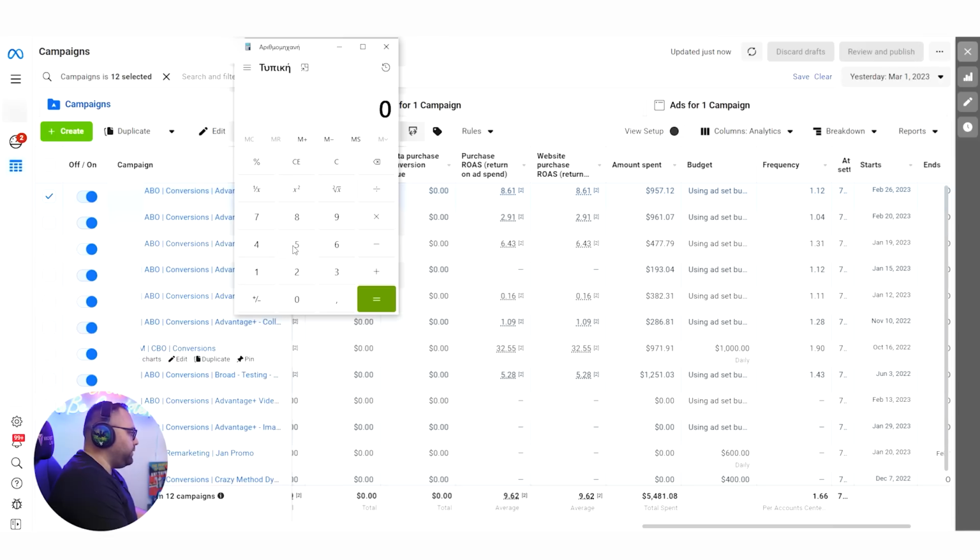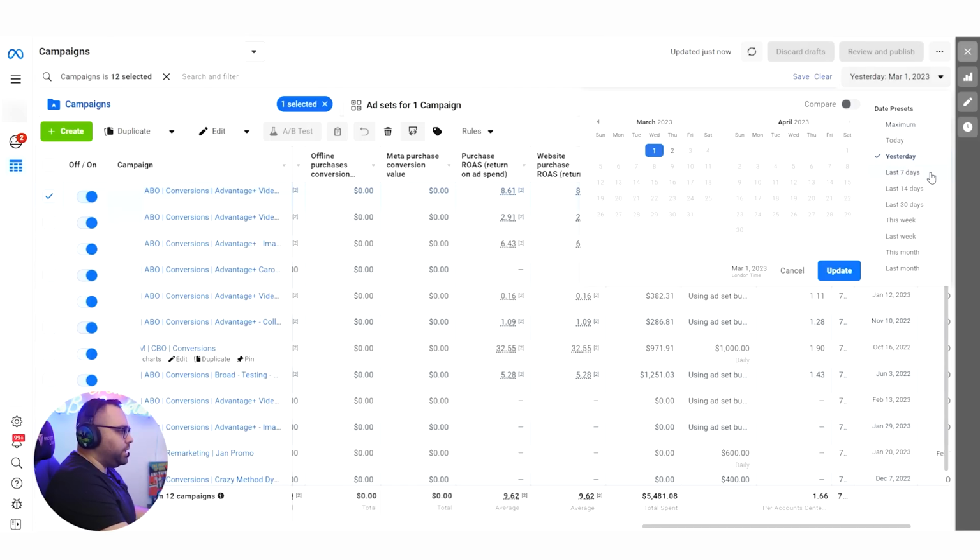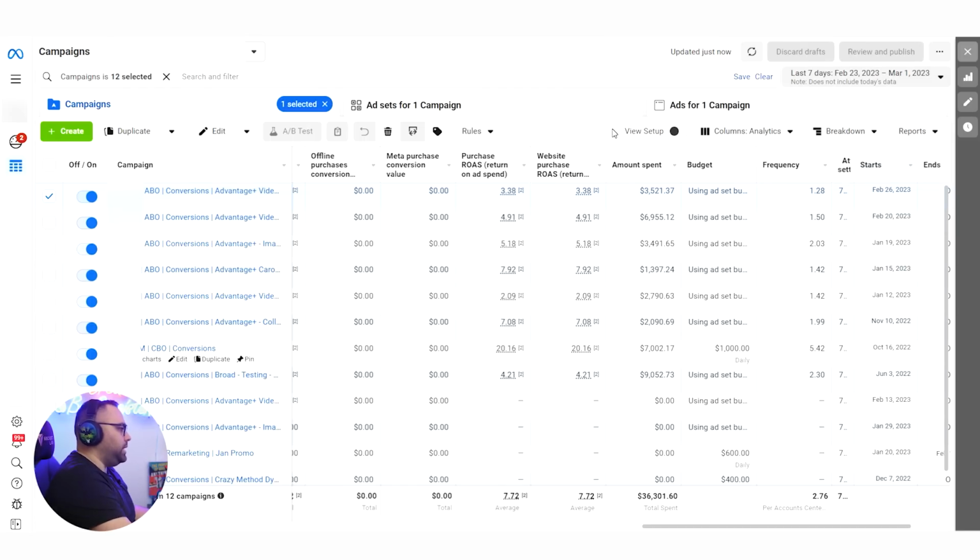So if we do 5,500 multiplied by 30, it's going to take me to 165. And if I scale 1k more, which is easy with the way that I'm going to show you, you will understand in a little bit, multiplied by 30, it's on 200k. So this is my goal for this month, to go to this number, at least 165k plus, at least.